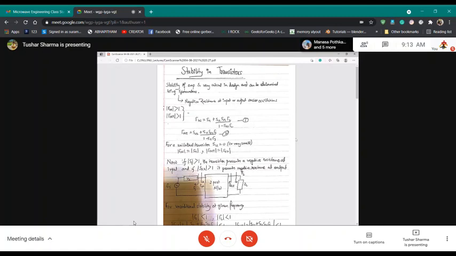Now, somebody can ask this question: gamma equal to 1 is the maximum you can go on the Smith chart. Gamma equal to 0 is the center. As you increase your gamma, you go towards the edge of the Smith chart, and gamma equal to 1 is the edge of the Smith chart. Now, what happens if your gamma is 1.1? Is it even possible that a transistor can see negative impedance?